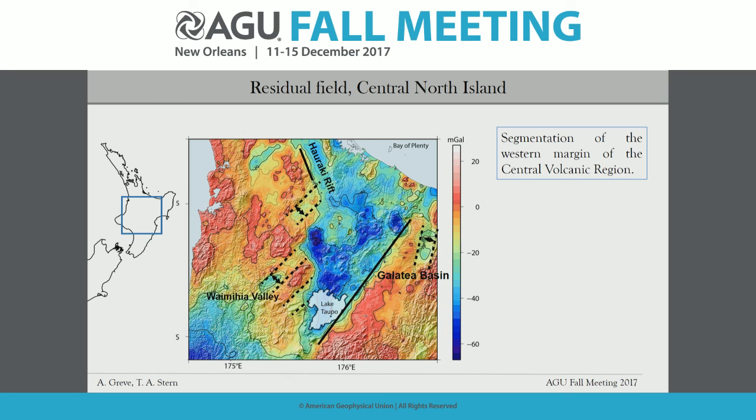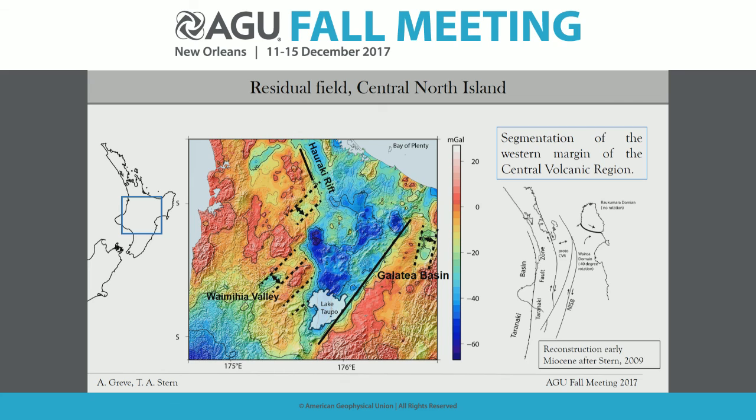At its northern end, it extends into the older Hauraki rift system, and the western margin is also dissected into a number of what we think are subparallel basin structures, and it's still up to further interpretation what actually caused this kind of dissection. Early reconstructions of the plate boundary zone throughout the North Island suggest that it has been dominated by strike slip in accordance with the propagation of the Hikurangi margin throughout time. And one idea is that it could actually reflect this early strike slip dominance during the onset of rifting